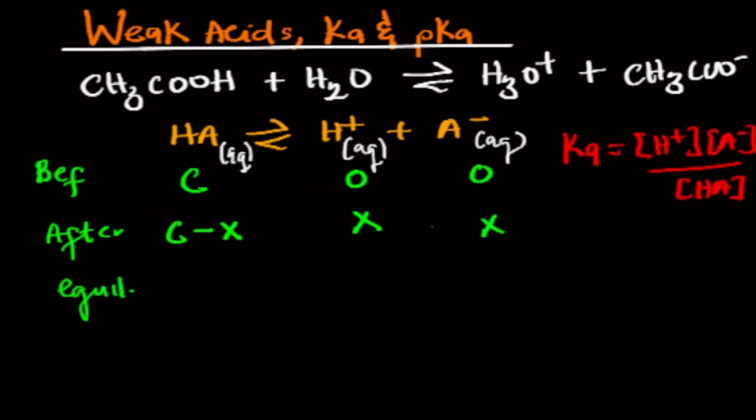By the factor which is produced on the product side, which is X. So at equilibrium, we're going to have X, X, and C minus X. That's what we're going to have. So putting all these parameters into this formula, we're going to have